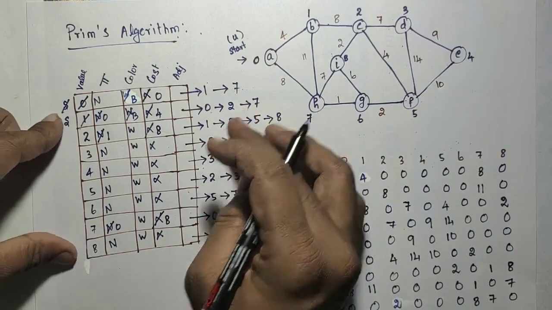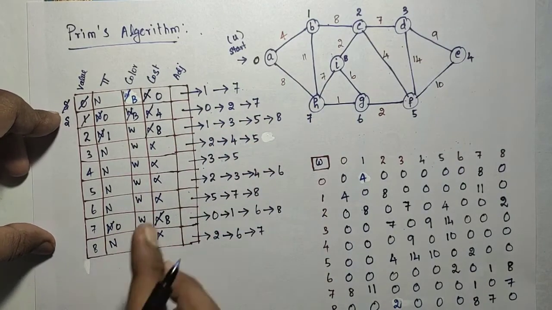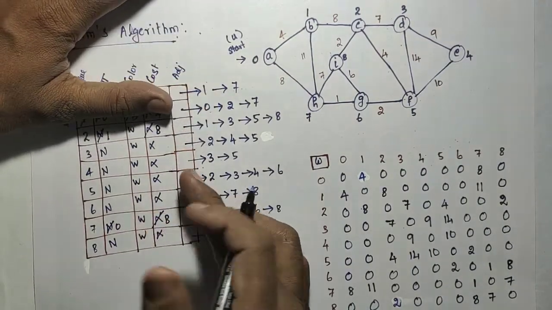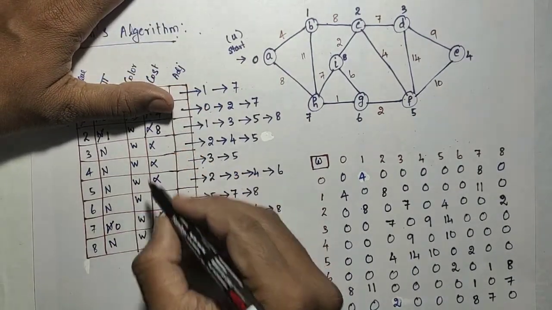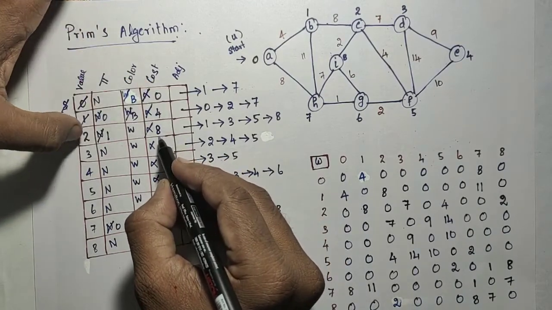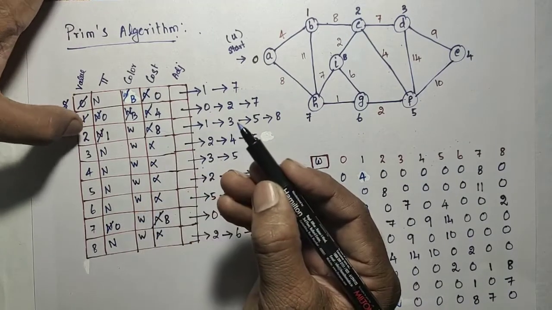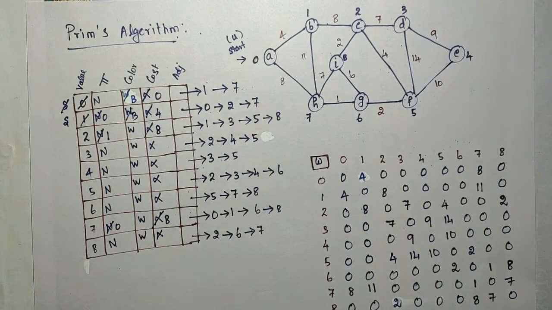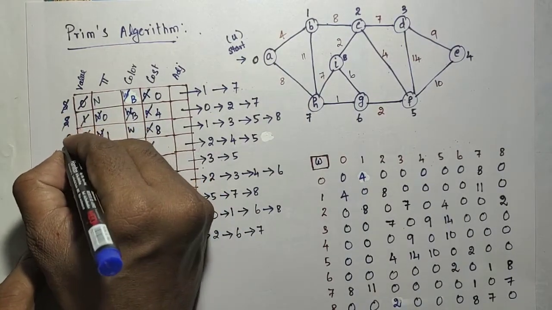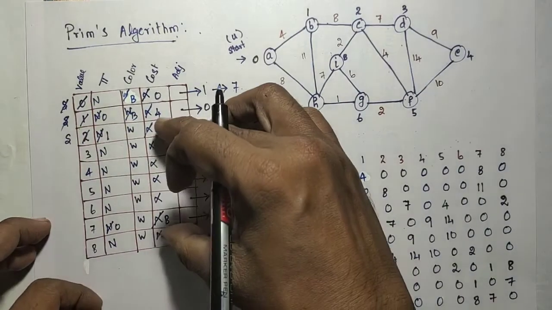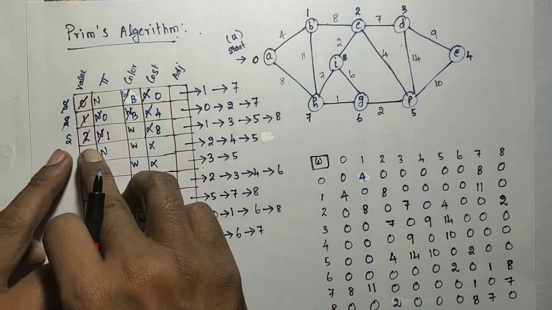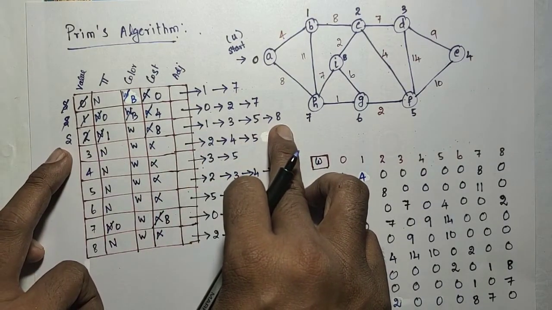Correct? So next I need to extract the next one. Extract next means, from this existing list, I need to extract 1. So 8, 8, this is the minimum. Among these we have to choose first in first out, which is entered into the queue in that same order. That is 2. So the next extracted is 2. From this the minimum is 8, so this 8 is extracted. Now I need to look at that adjacency list.